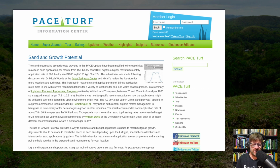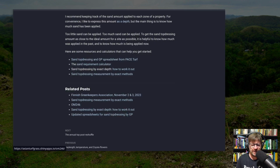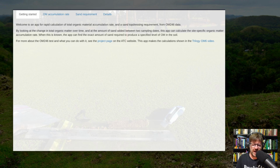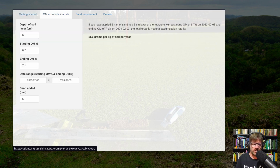Another thing that I recommended was a sand requirement calculator. I don't know if everybody knows about this, but this is something that I put together as a Shiny app. And this is very site-specific because it's based on the organic matter accumulation rate that you are experiencing at your location. So for example, if we take